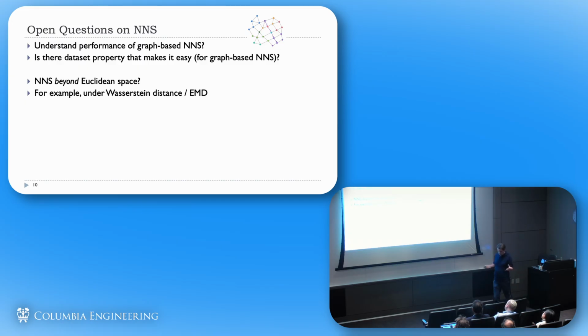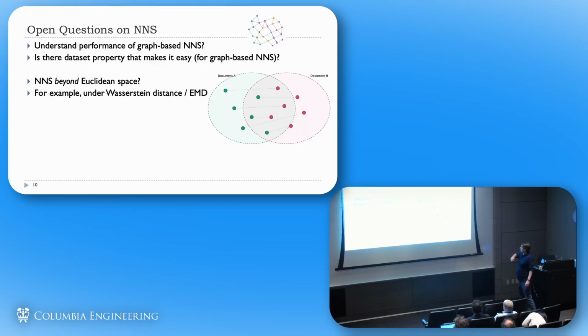So basically, do an embedding of documents into some other space under some different measure of similarity. One very natural one is Wasserstein distance or optimal transport, which in computer science is called Earth-Mover distance, and which is roughly the following. Suppose you have document A. Instead of just producing one vector, you produce a few vectors, these green vectors, which represent the few different topics that appear in document A. And the same with document B. Then the similarity between document A and document B will be the minimum cost matching between the green points and the red points.